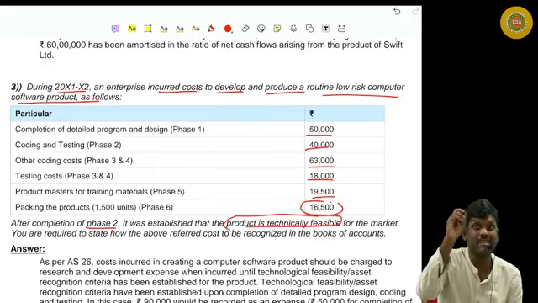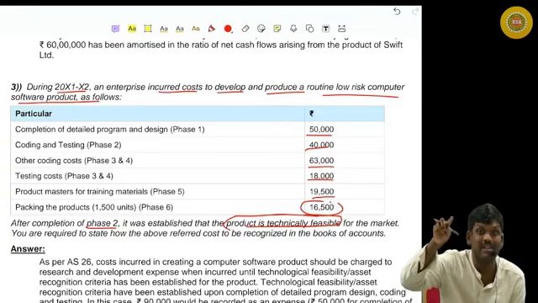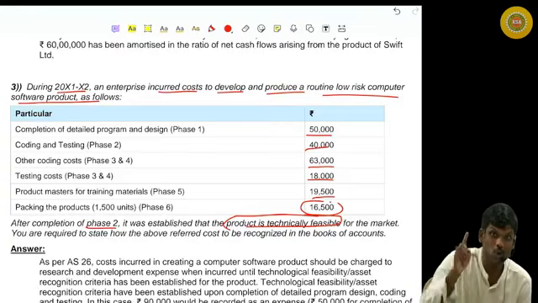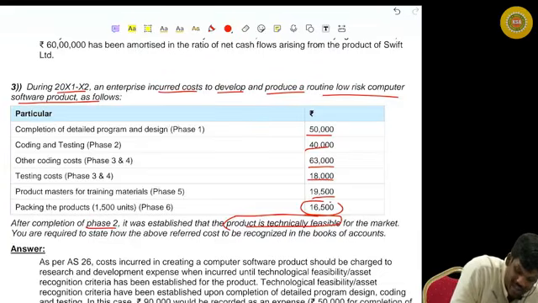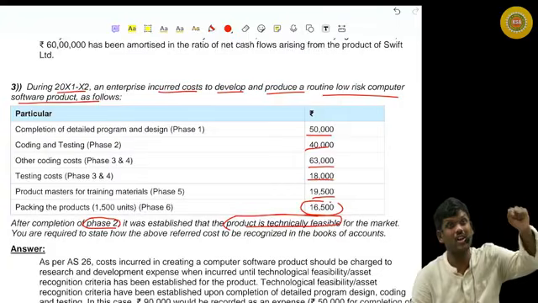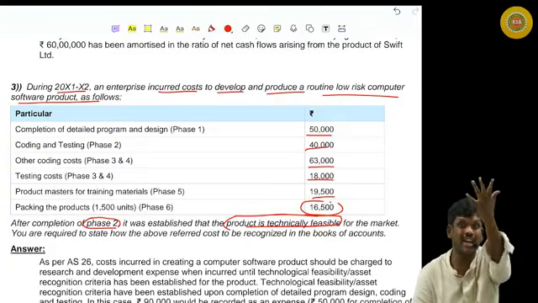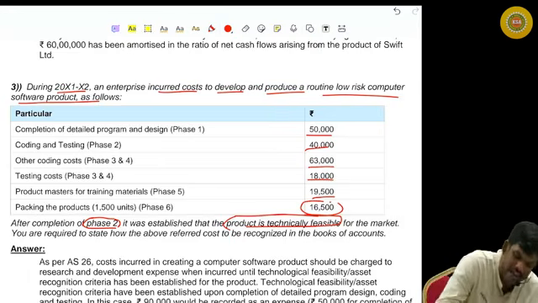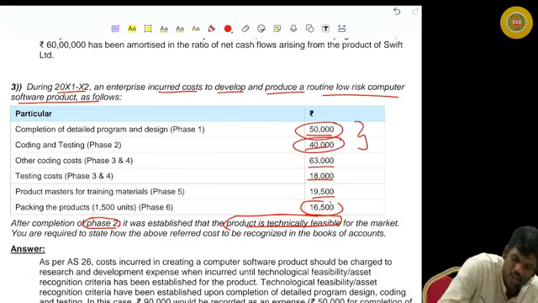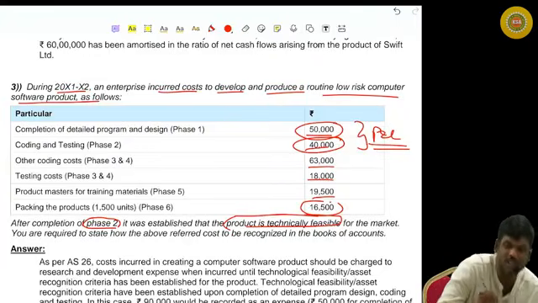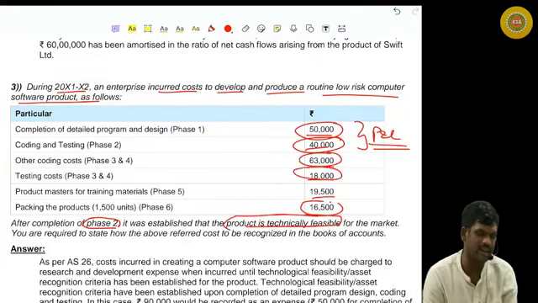After the completion of phase 2, it was established that the product is technically feasible. That means, guys, remember we learned that in the development phase certain conditions should be satisfied. Only then you can start capitalizing. So those conditions got satisfied only after completion of phase 2. That means whatever cost is incurred till phase 2, the conditions were not satisfied. So the phase 1 cost and phase 2 cost should go to P&L. Only the cost from phase 3 can be capitalized, which is 63 plus 18, 81,000